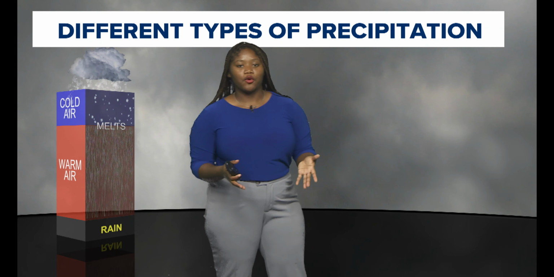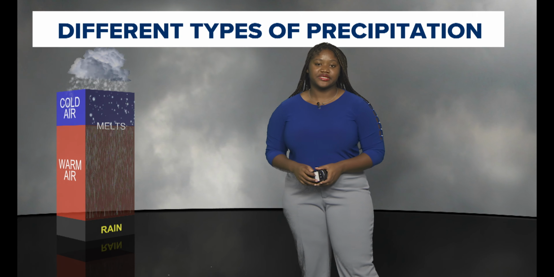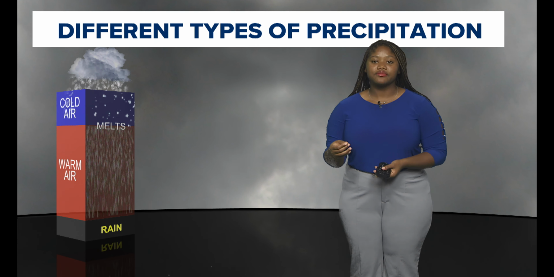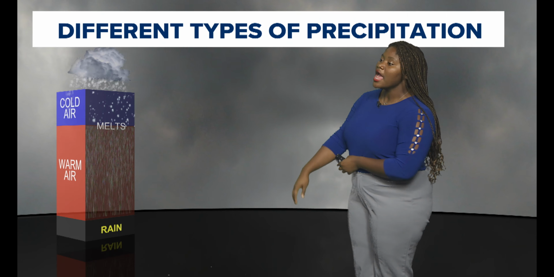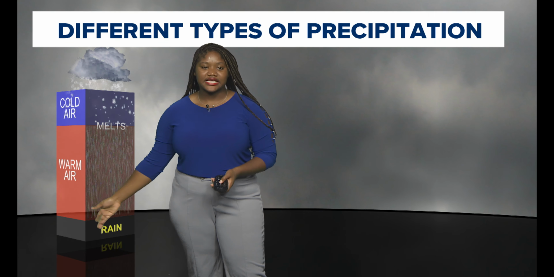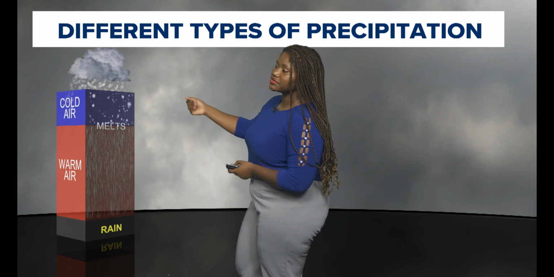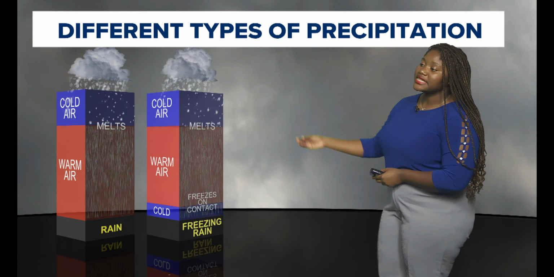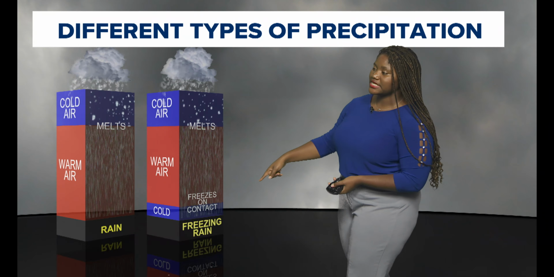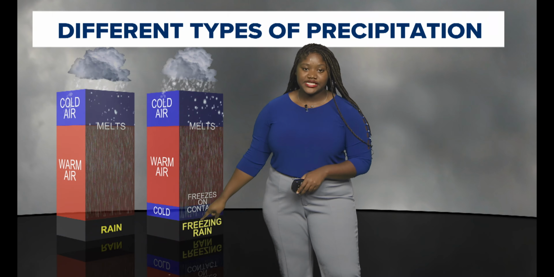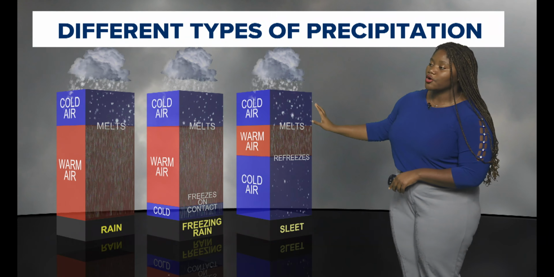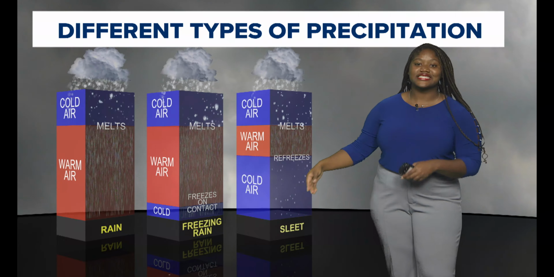And we mostly talk about rain, but there are different types of precipitation. All types of precipitation do start with cold cloud tops at about 20,000 feet in the air. Now for rain, it's met with warm air all the way down to the surface, and that's how we see rain, because we have these ice crystals in the clouds at these cold levels, but they do melt when they meet warm air. Once it melts and then refreezes on contact at the surface, that's how you get freezing rain. Again, back to the cold cloud tops, warm air, it melts and then refreezes as it heads towards the surface is how you get sleet.